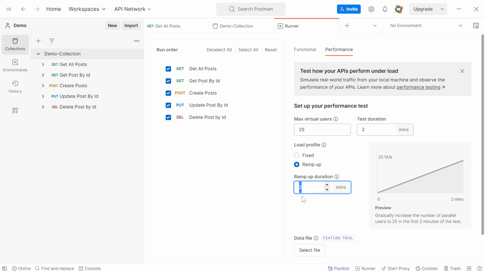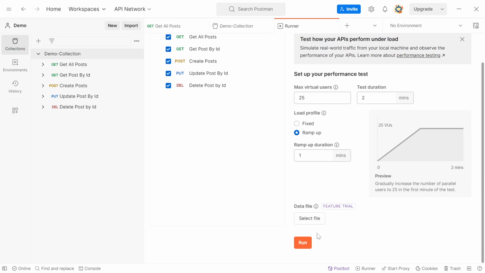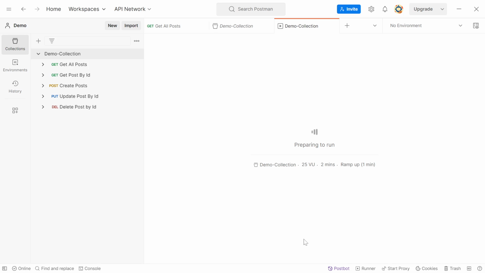So in a similar way, you can have a ramp up time. If you choose 2 minutes, but in this case we already have a maximum of 2 minutes, so I will not choose it as 2 minutes. And if you choose 1 minute, what will happen is that after 1 minute it will go to the maximum capacity, which is 25 users. So now with this configuration, if I click on run, it will start the load test,